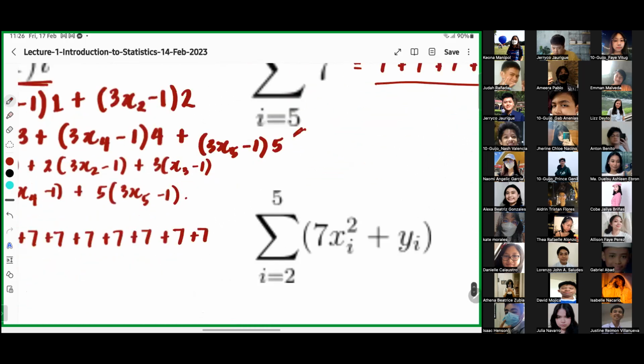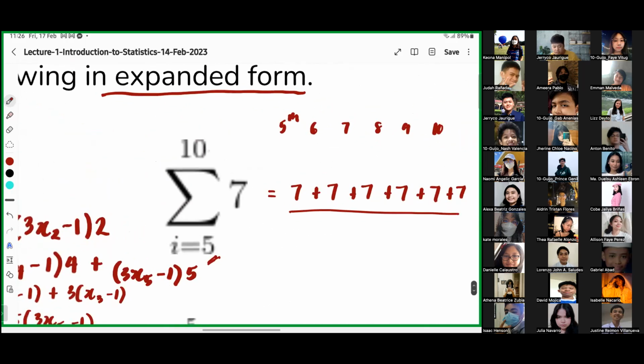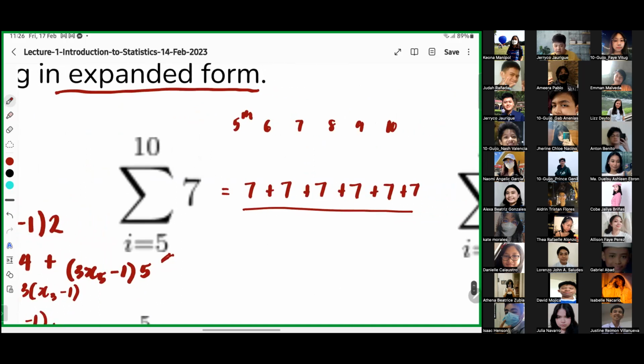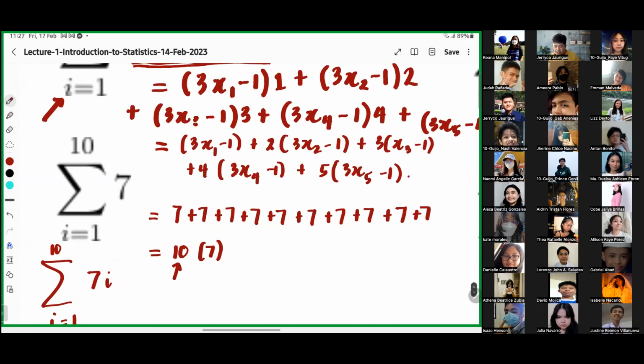Katulad dito, ay ano palang ginawa mo dito, Kiona, kanina? Pinag-minus mo, no? So parang 10 minus 5. So sabi mo kanina, 5 lang. However, dito, pag pinag-minus natin to, yung ginawa mo kanina, 10 minus 1. What's 10 minus 1? 10 minus 1 is 9. So, dapat 9 lang. 9 times lang natin yung 7.